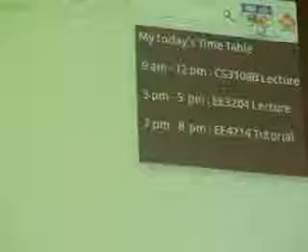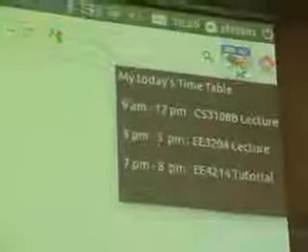Okay, as we can see, when the user opens the browser, firstly he'll get a pop-up saying he has these many announcements. Right now it's static, but we plan to make it dynamic. Also, when the user hovers his mouse over the NUS extension symbol, he can see today's timetable. He can have a quick glance at it.